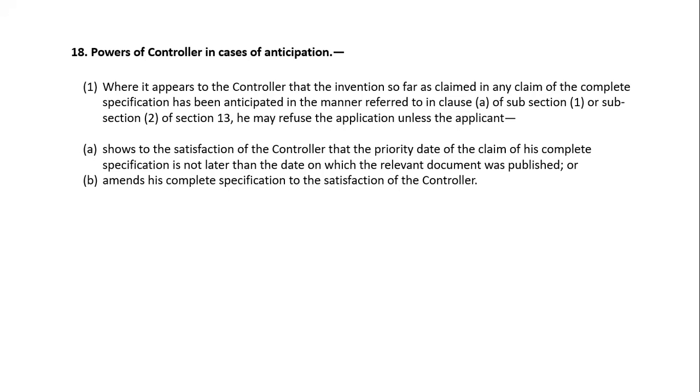Suppose in the duration of this time, one publication appears in the public domain, meaning in a journal, not in a patent. So in this case, what will they do? In that case, you have to amend your application by mentioning the reference of the particular publication in your application. And you also have to show the reasonable grounds, like my application is different than the published article. Exactly. Means we have to justify that